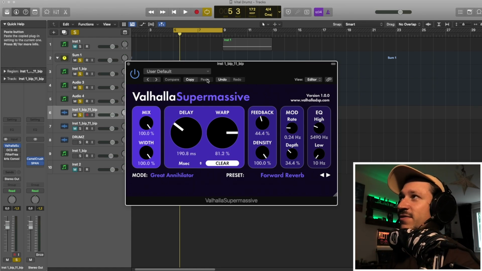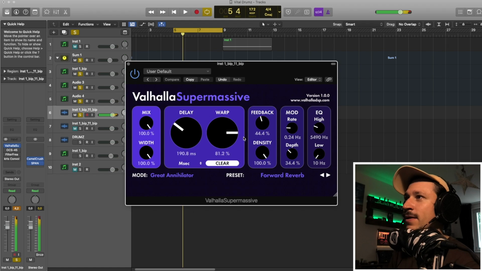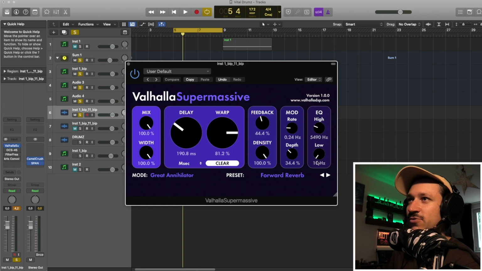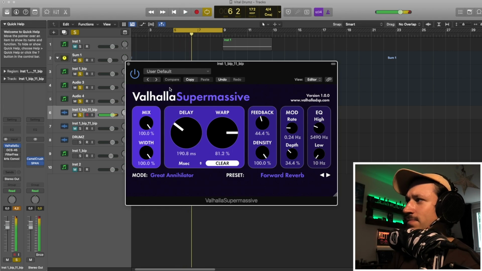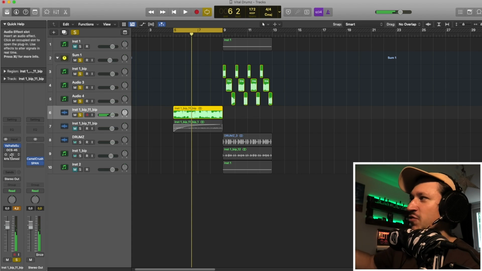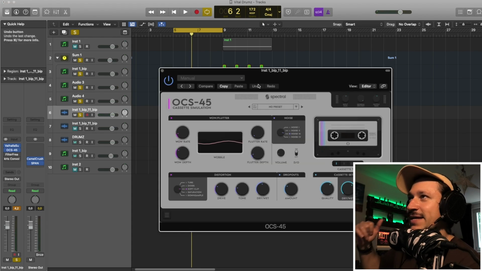Free Supermassive Valhalla. I've got the forward reverb preset, and I've just taken the EQ settings to about here, 5,000 and almost right at the bottom with the low end, kind of making it into a big drone. It's sort of clipping because it's really loud, but what I'm going to put on next is a tape plugin,